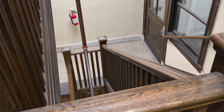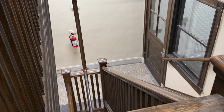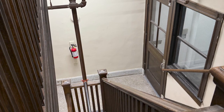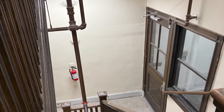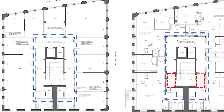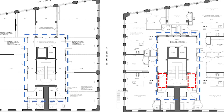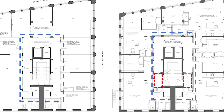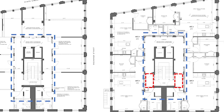Recognizing the declining demand for office space and the importance of creating housing, High Tide Capital looked to convert the upper floors into apartments. Egress requirements presented the biggest challenge to this plan. Deliberations between the team and the State Fire Marshal's office resulted in an unconventional solution to create areas of refuge on each floor so that the building's singular stairs could be retained and a new stair tower was not added